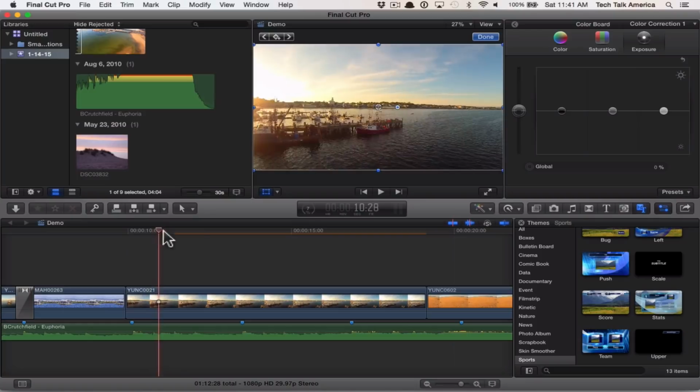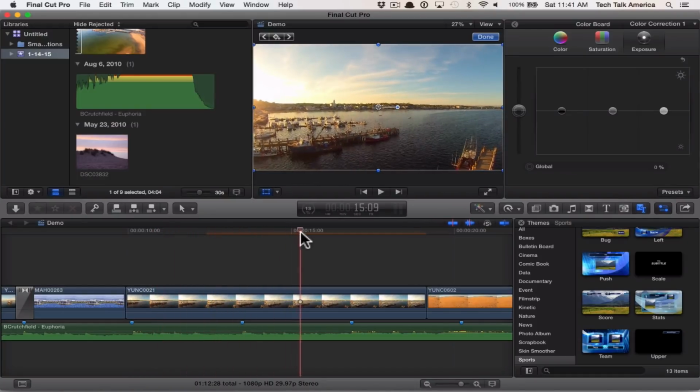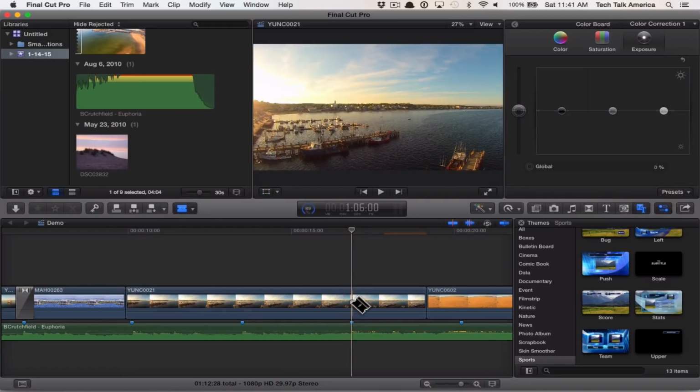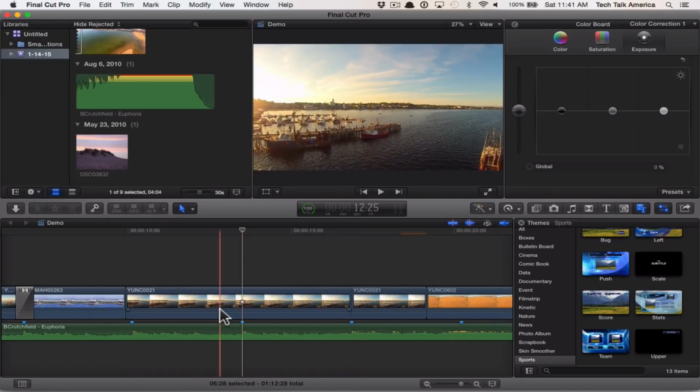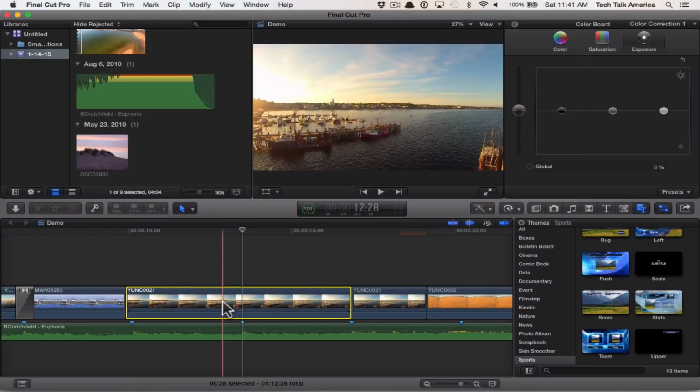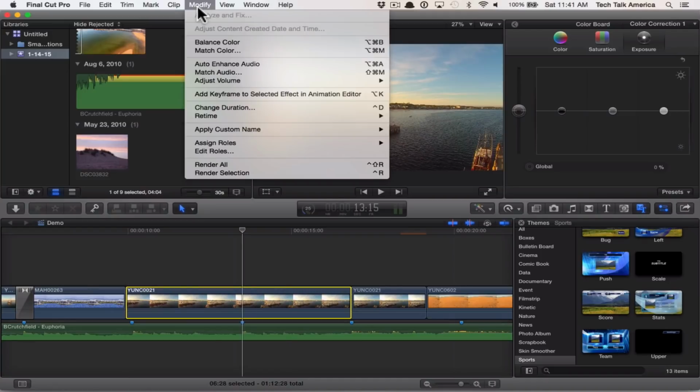Now let's talk about that slow motion, fast motion thing, right? So let's say I want part of the shot to be fast, and then I want the user to be able to just take it in for a little bit. So then I'm going to maybe keep it at either normal speed or slow it down. Here's how I like to do it, okay? I'm going to pull out the blade tool, just a reminder, B on your keyboard for blade. I'm going to splice this shot into two separate shots. So the first thing I'm going to do is manipulate this first shot right here, and it's going to just seamlessly transition into the second shot. So to manipulate speed, you're going to go up here, if my memory serves me correct, yes it does, thank God, modify,